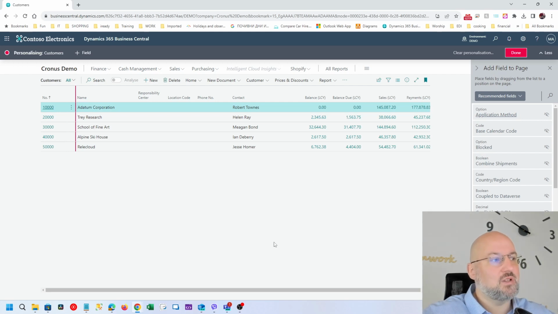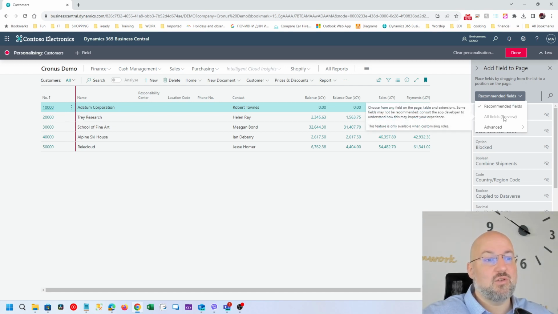My first instinct was that I could just go to the personalization, like you see on my screen, and I could just switch this new toggle we have and select all fields. So it was kind of frustrating where it just said preview and it's grayed out. Luckily, they did put a good description, so if you read this text, you see that you can actually achieve this,